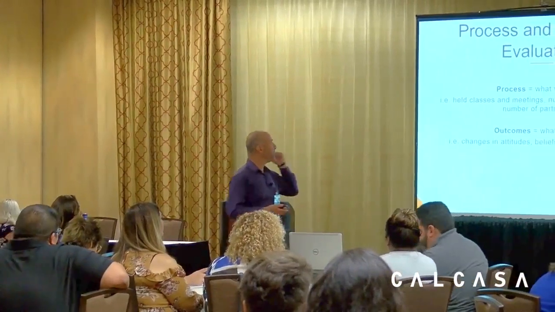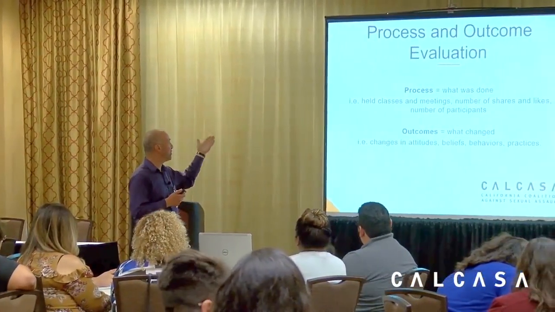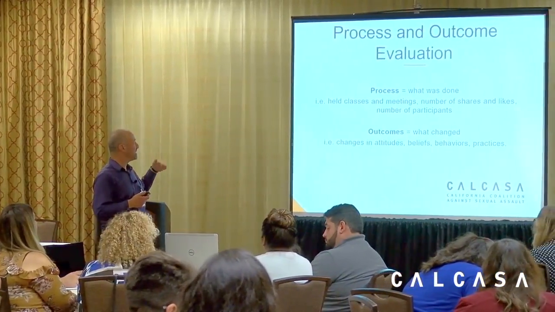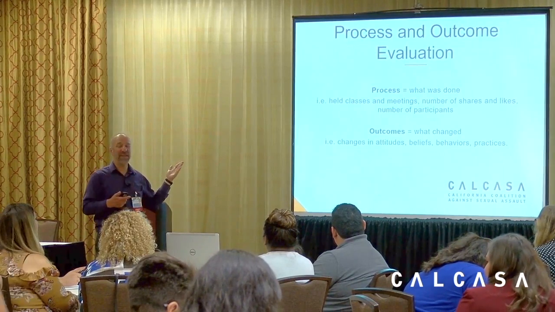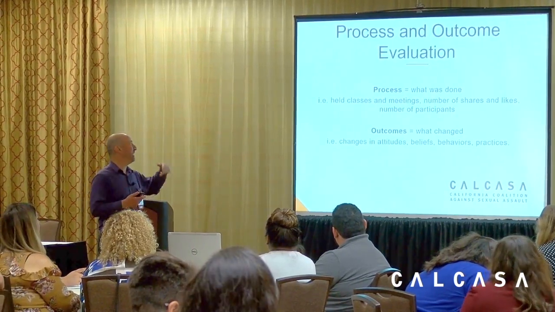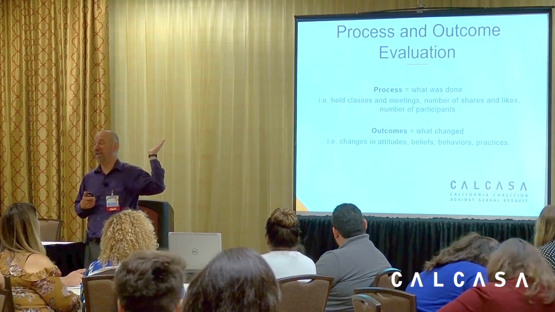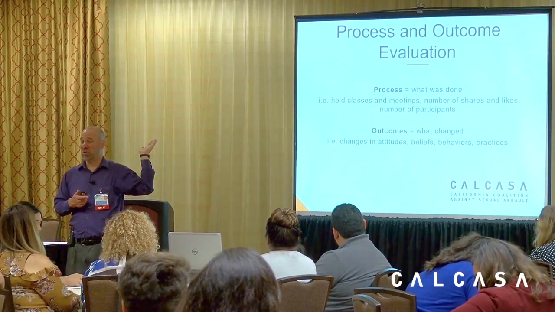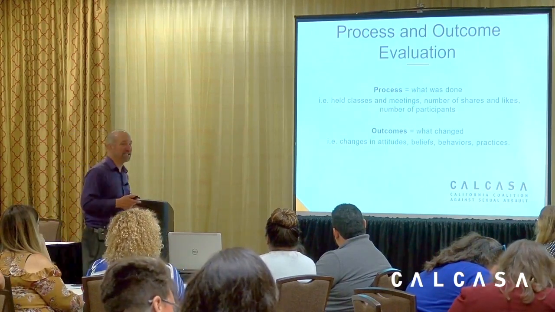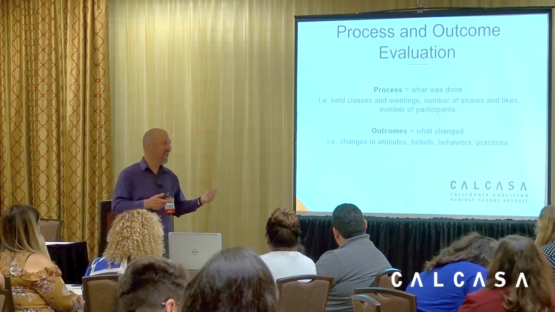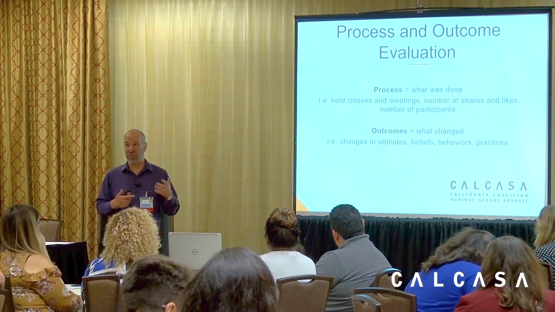So there's a place where we look at how to improve it, and we often use process evaluation that highlights how we did it. That could be how many sessions we had, how many people liked it, how many shares and likes we're getting on a Facebook or social media campaign. So you can get metrics of that, and how many people participated or how many people did things. You might get some information, but it's about what was done and how it was done.